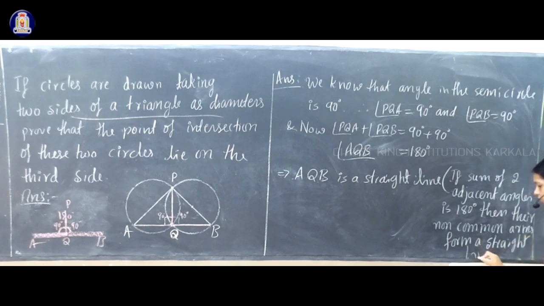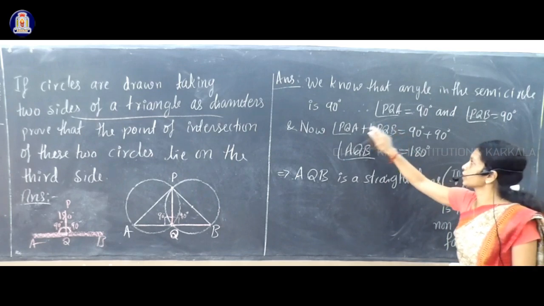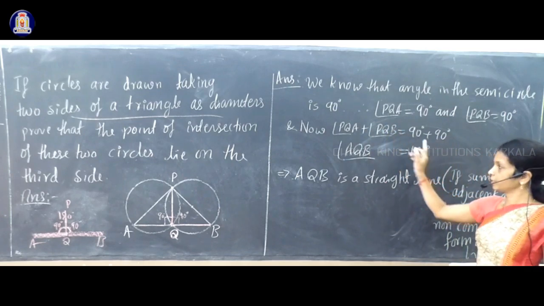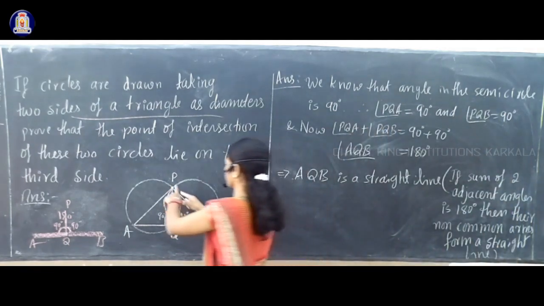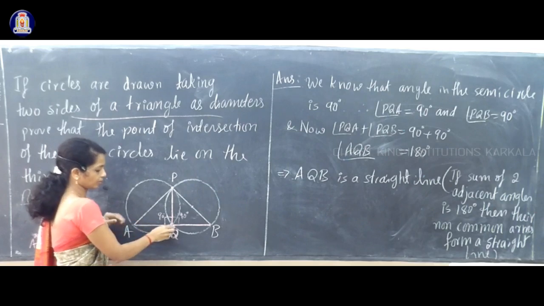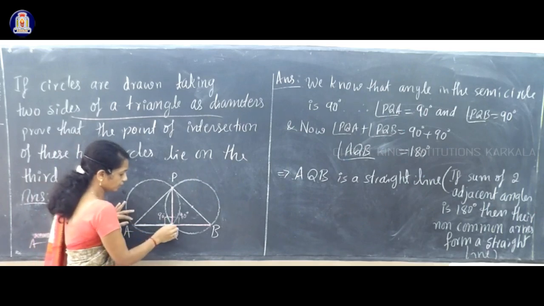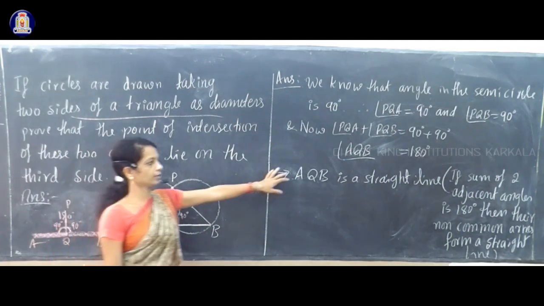Okay, we use this. Why? Because these two are adjacent angles, and their sum gives 180 degree here, that is angle AQB. So these two adjacent angles make a sum of 180 degree, means their non-common arms, this AQ and QB, form a straight line. So we wrote AQB is a